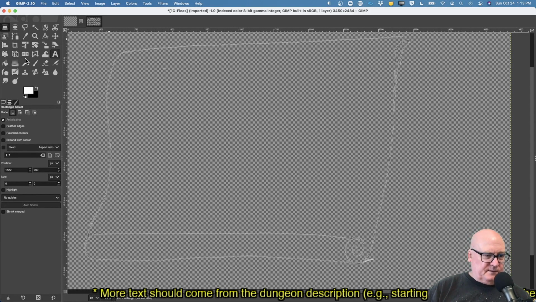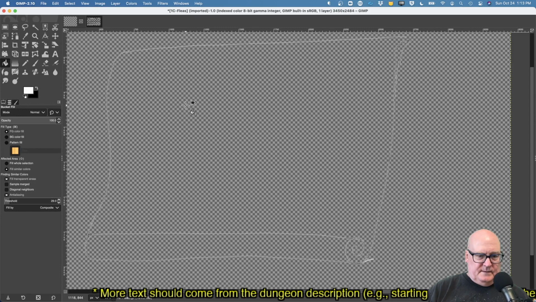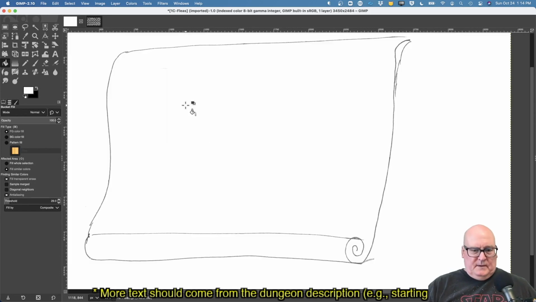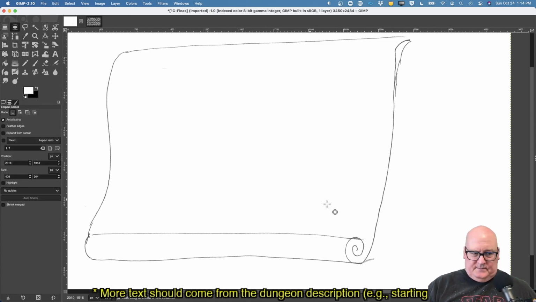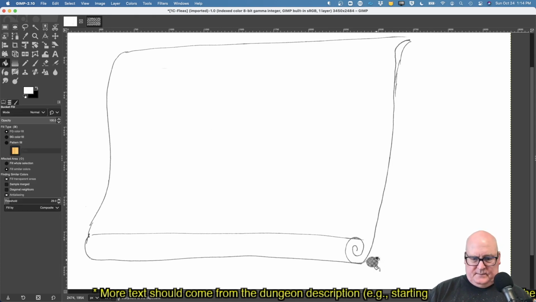Let's try and fill this with white. That's a moderately sized image, I will grant, but it still seems slow. And we'll fill in that little spot. Oh, well, that was a bad move.